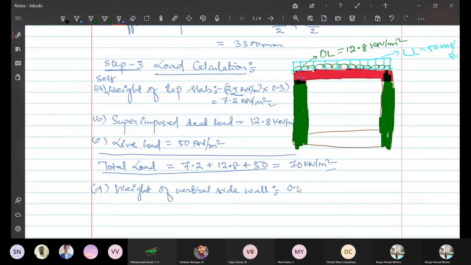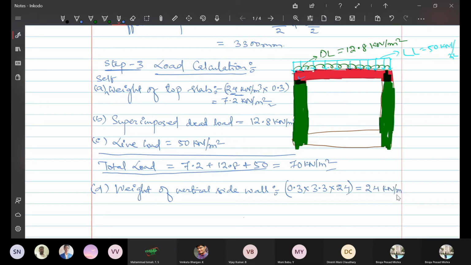Thickness is 0.3 into the overall length, which is 3.3, into the density. So that becomes 24 kilonewton